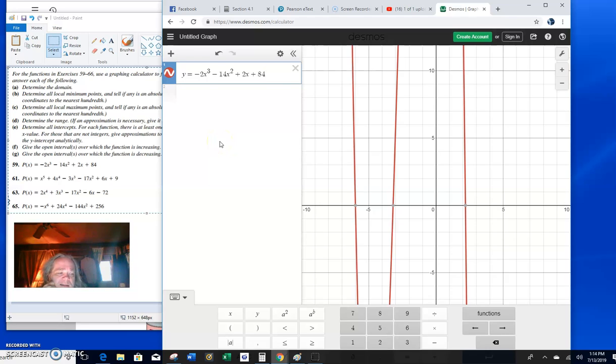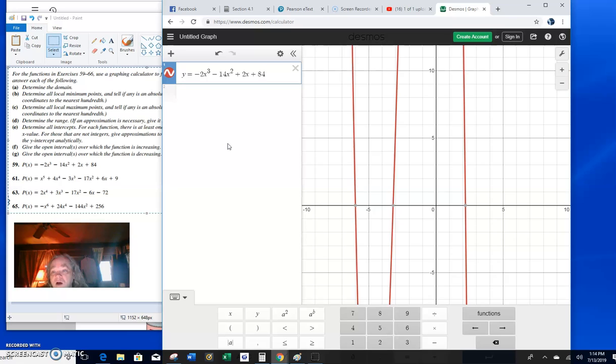One way that you can easily graph polynomials of higher exponents or higher powers is to check your graph. You can use a website I use a lot. It's called www.desmos.com, DESMOS.com. It's a free site where you can plug in your functions and find all of the necessary information like